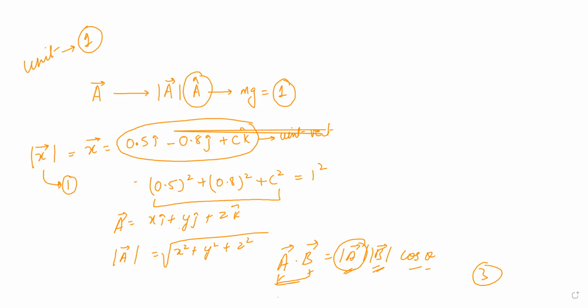Here cos theta is given, right? It's because it's perpendicular. They have given cos 90. Absolutely. Yes, now you got it. So if it is cos 90, which means the dot product must be equal to 0, which means what we have